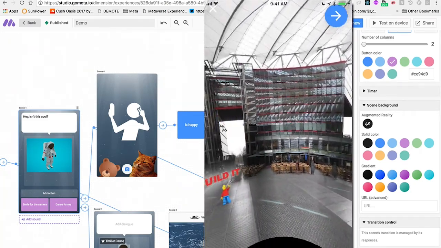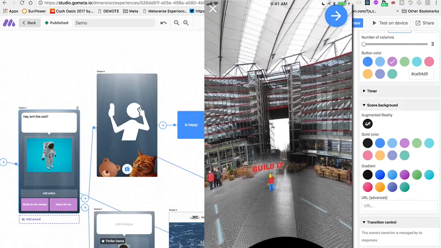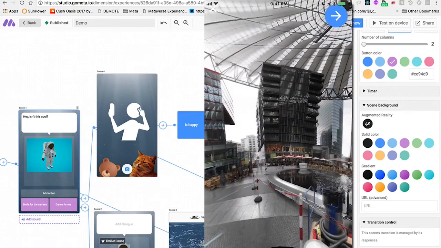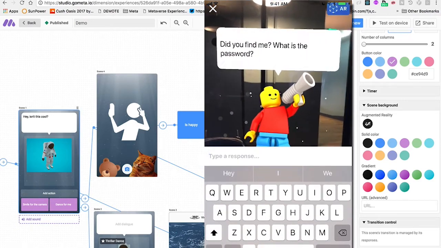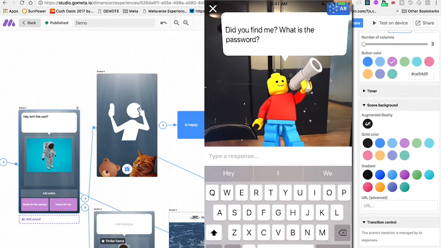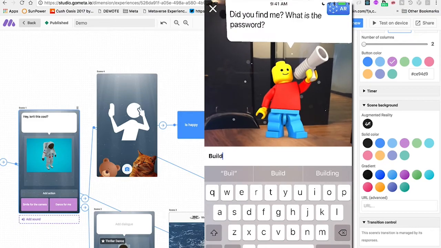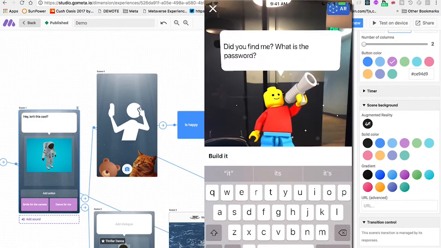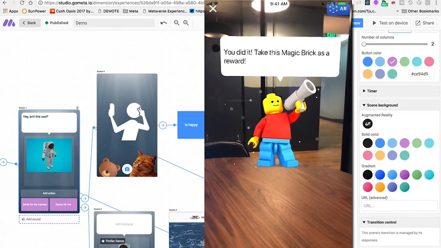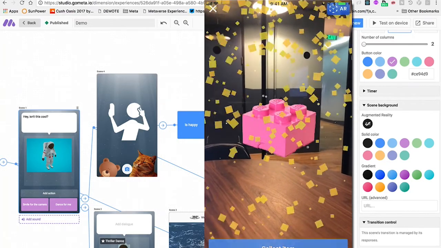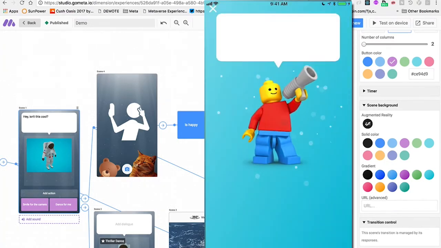And now I'm looking around, and over here is the little Lego man. He's got the password. It says build it. And so now he says, did you find me? What's the password? And it uses a text input scene. And I'll say build it. And so if I get it right, he'll process that. And then he will give me the magic brick as a reward.